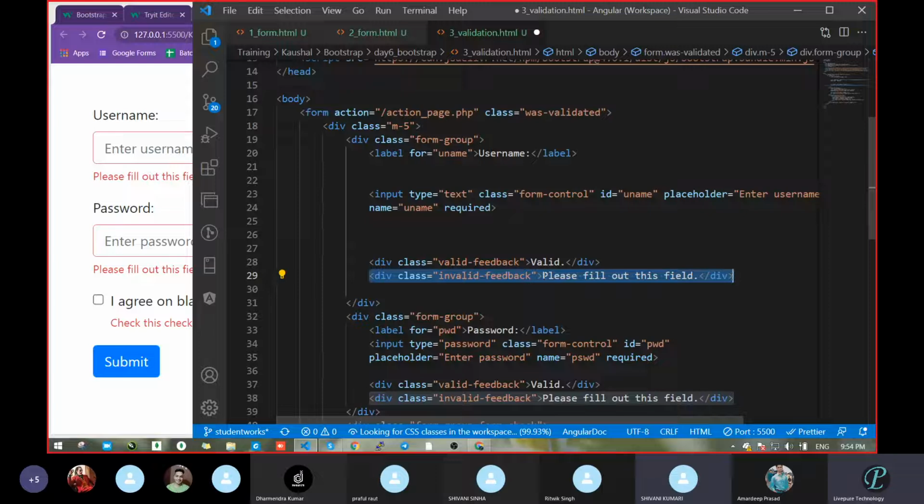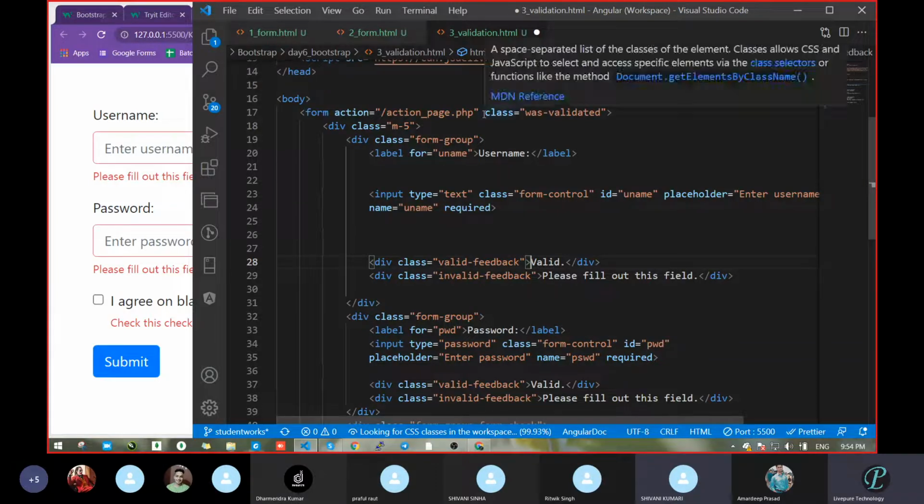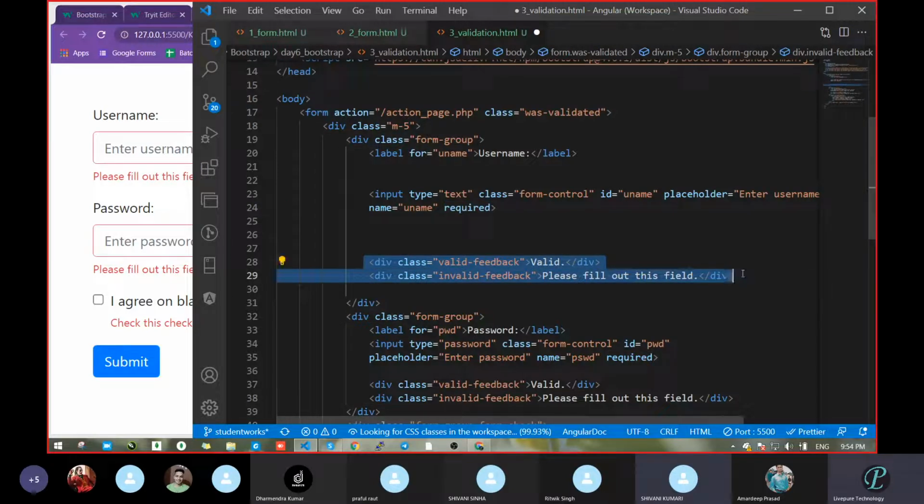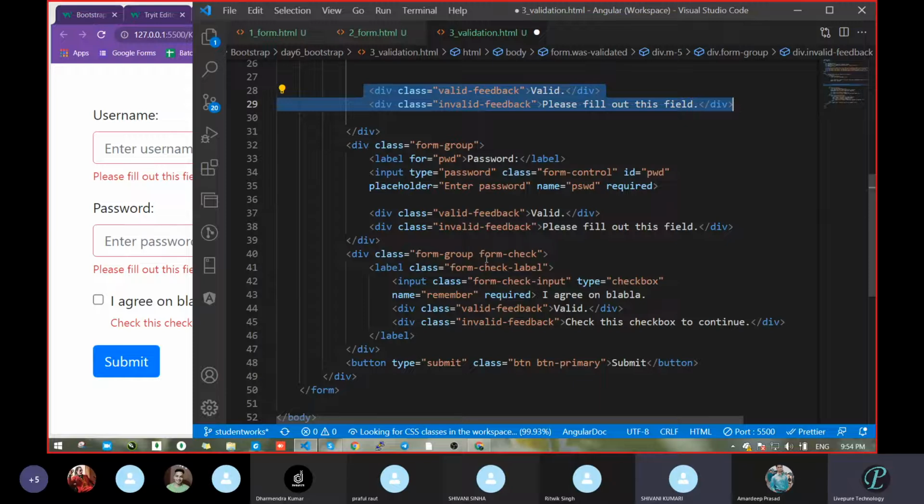And this message we had entered, it is not only Bootstrap. Bootstrap provided this class name, but when the form is valid, valid-feedback, that time you can show some message there. Clear? There are only three things. One, on the top, you have to pass the class was-validated. Second, in the input field, you have to pass the required property. And next, you have to display different pop-up messages. Clear? So this way we can validate our form, and the same thing for all. There is nothing extra.